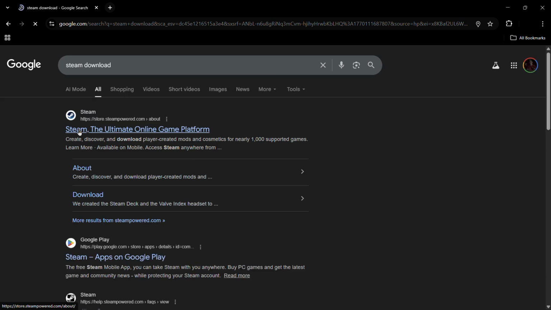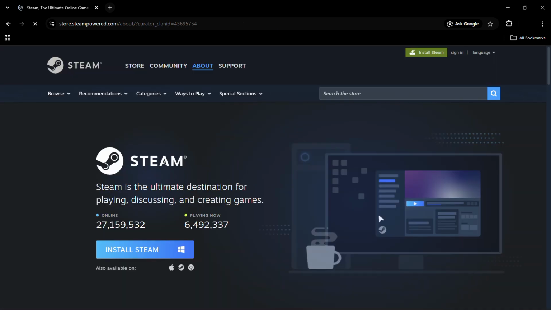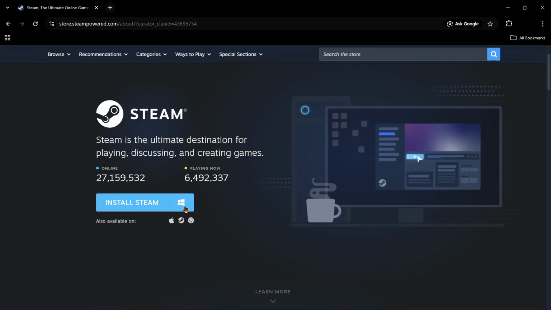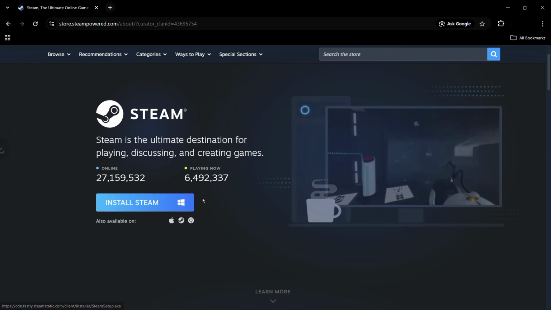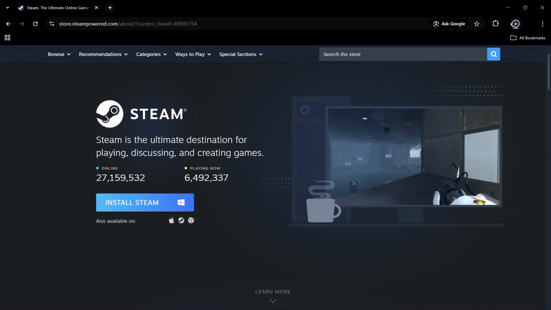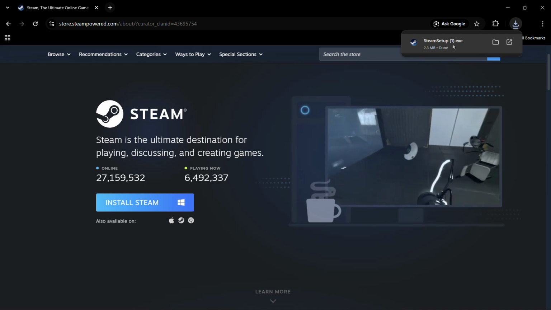Now you will see from the website Steam, the ultimate online gaming platform. So click onto this download option that you see right here. Now from here, it has automatically detected my operating system, that is Windows. I'm going to click onto this install Steam, and here you can see that the setup file